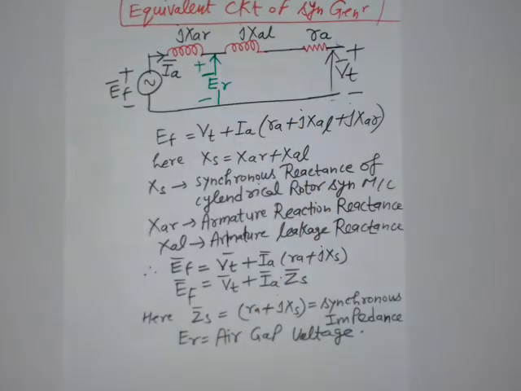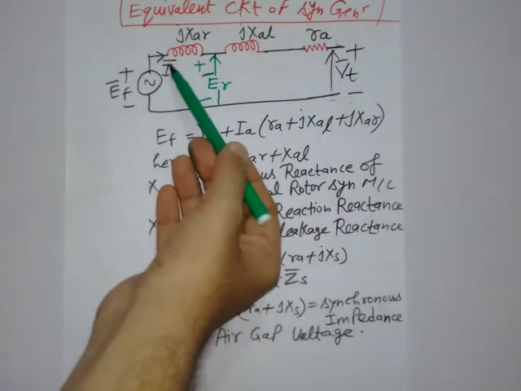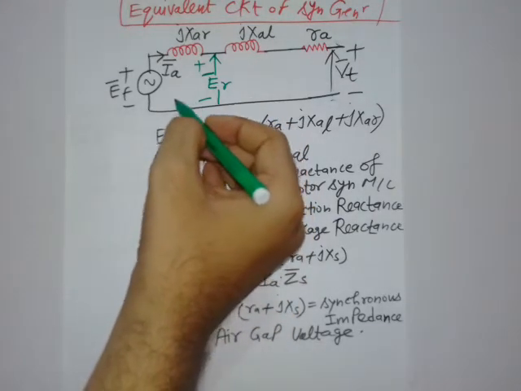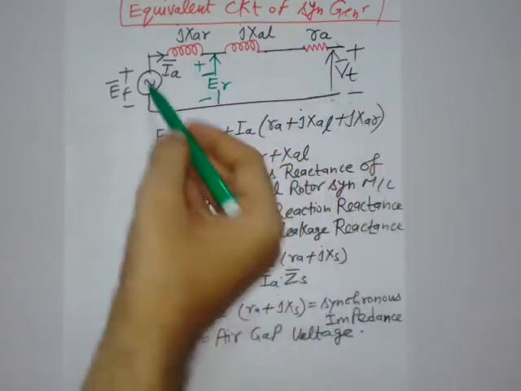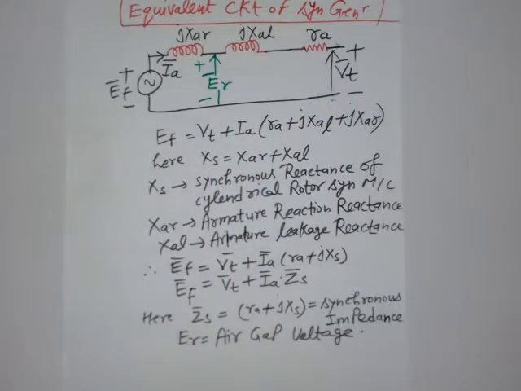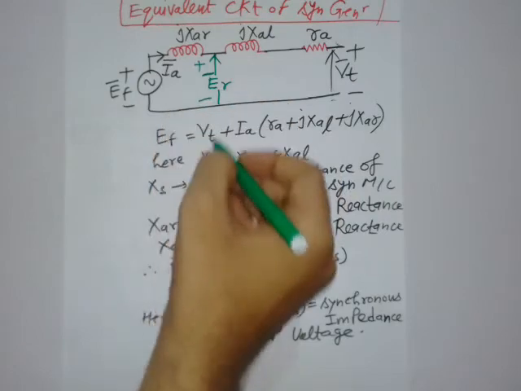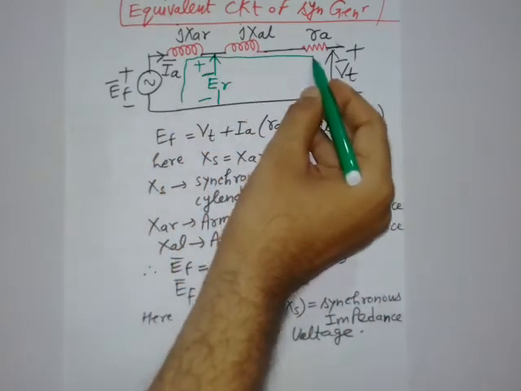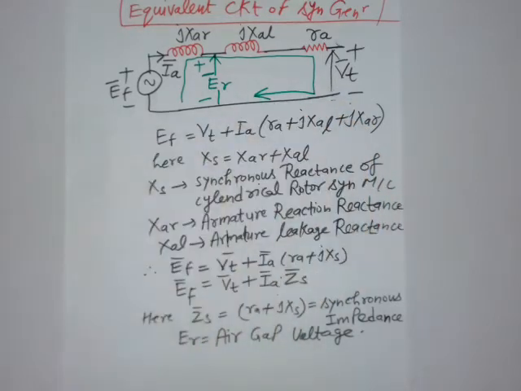Here, all of these are phasor quantities. Phasor means the quantity which has its magnitude along with some angle. Angle with magnitude is a phasor quantity. So when you apply Kirchhoff's voltage law in this whole loop, you can get this circuit equation.